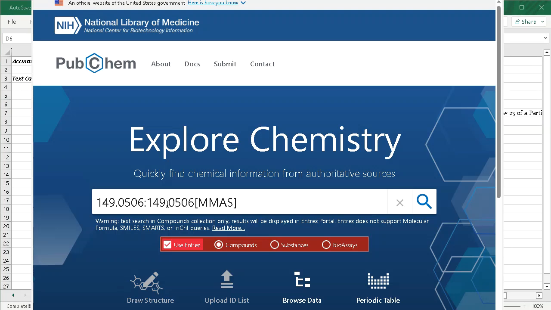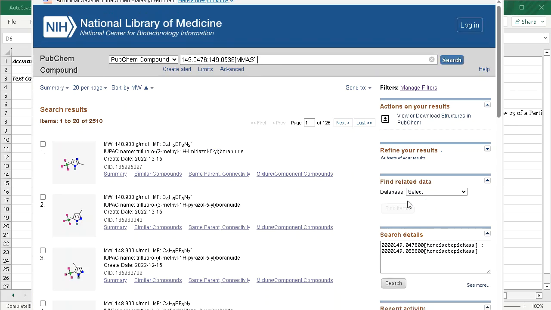Now we need a range because this is just one single mass. So I'm going to take 3 millidaltons off on this side and add 3 here. So I'm going to use a range of plus or minus 3 millidaltons. Okay, and we have